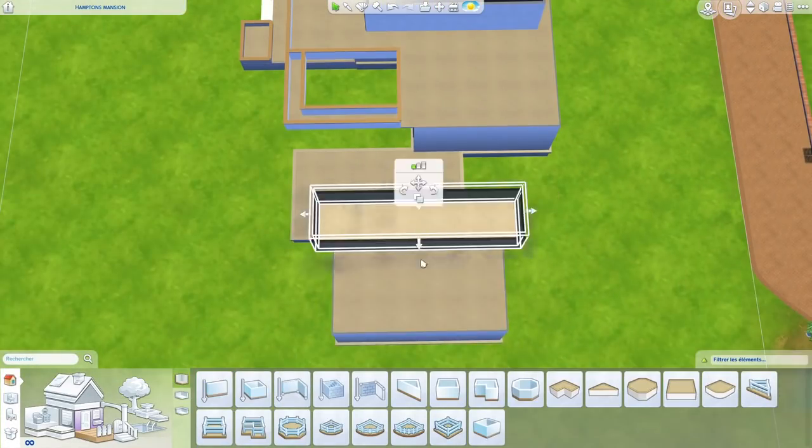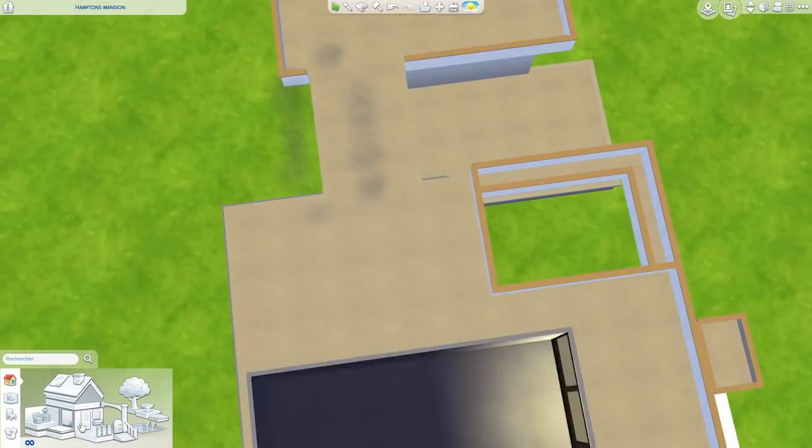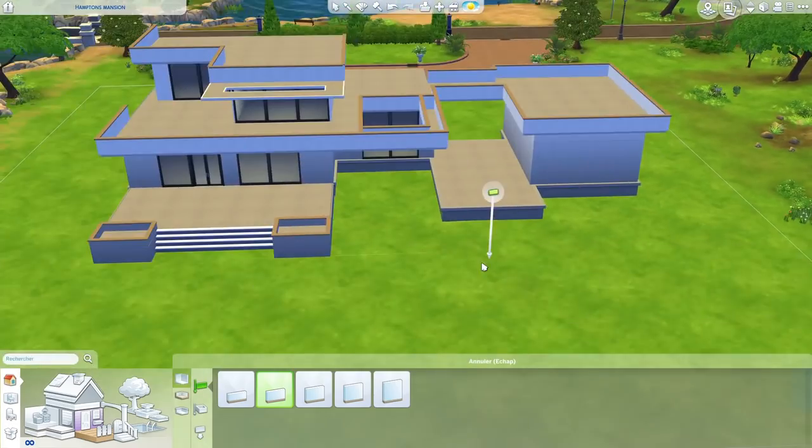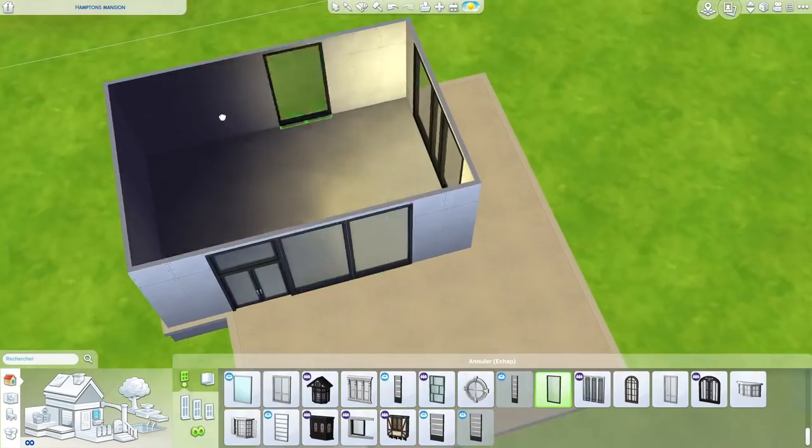For the moment I'm building this in Willow Creek, but then I noticed that the lot will be really too small, so that's why then I moved to